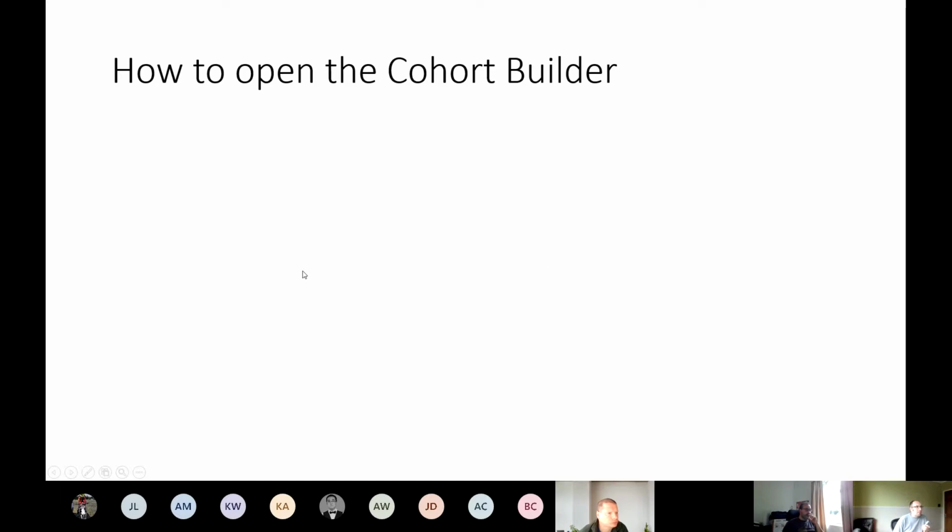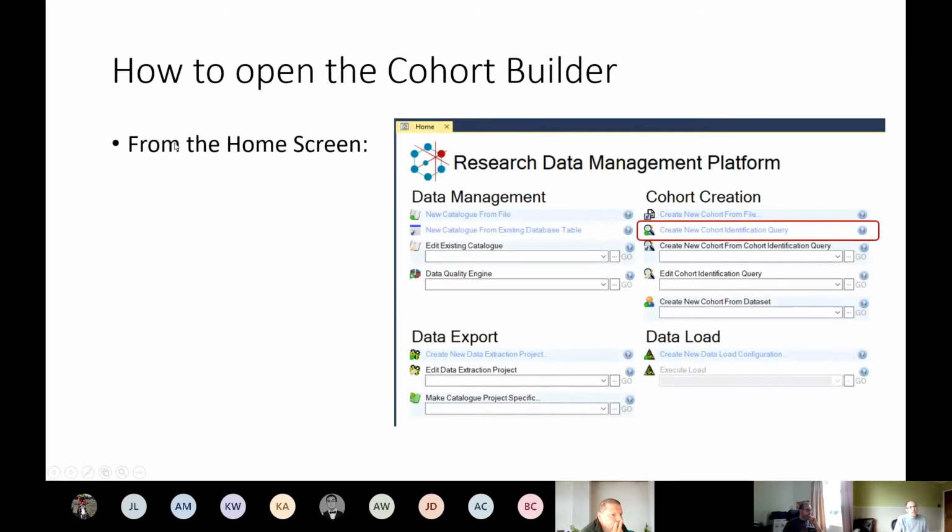So. Okay, so cohort builder on RDMP. Obviously, this is one of the key concepts, and one of the things that gets used certainly within HEC more than probably any other feature. In fact, we use it not just for building cohorts, we also use it to quickly put together feasibility numbers. So if someone comes along, in terms of Chi, not in terms of full-on aggregations, but if someone comes along and says, I'm interested in this cohort made up by XYZ, we can quite quickly put that into our RDMP instance and come up with a number of people that are available. So it's useful from that side of things as well.